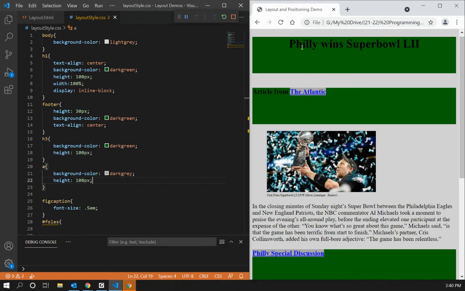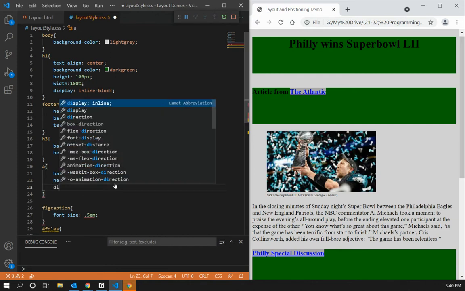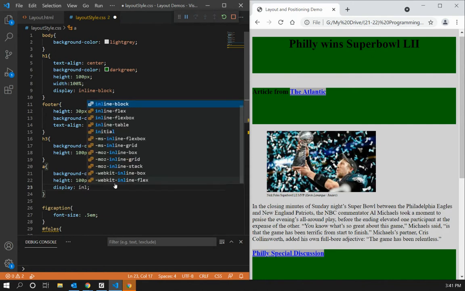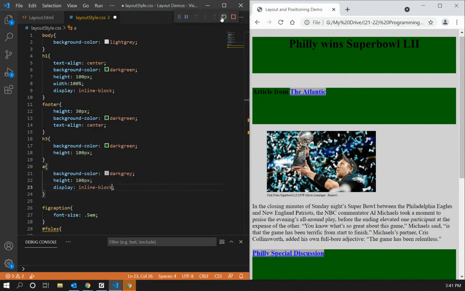So unlike the heading 1 and the heading 3, which were block elements, anchor elements do not allow you to change the height. But I can change my display from inline to inline block. What that's going to allow me to do is adjust the height now. So now by setting it to inline block, that previous inline element, which the height had no effect on, now I've set the height to 100 pixels with display inline block,